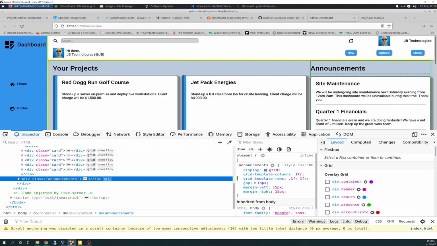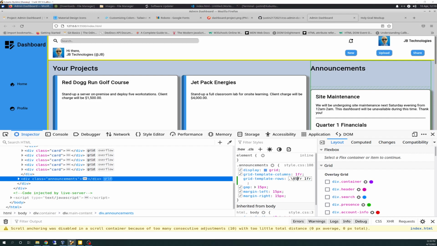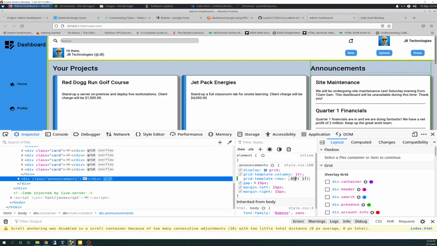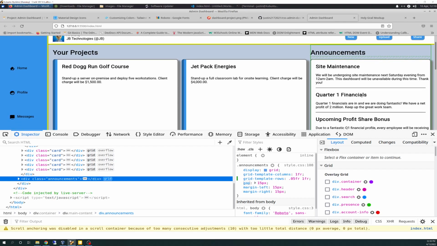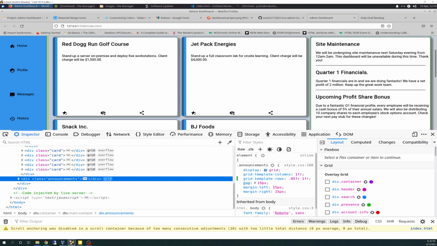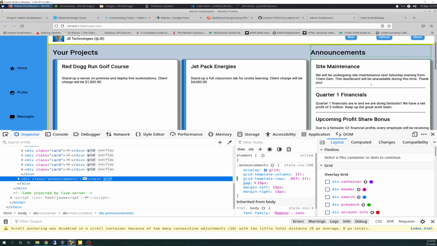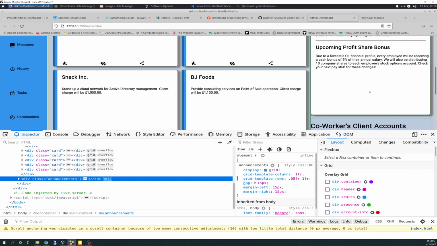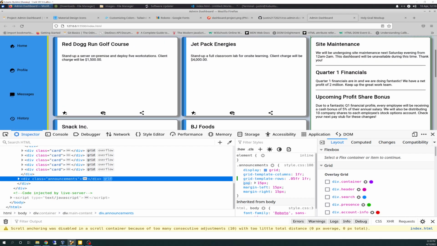I must have a bug somewhere because 0.1 is what these are set to, so ideally this should be the same, but I either got a bug or a typo somewhere, so what I did was if I just have this to 0.05, now the card is exact same level with the other cards. So that's what that is, and then 1FR is the declaration for the next row, which is this whole entire card, basically. So it's going to go down here in the bottom, and so that has all that in it,